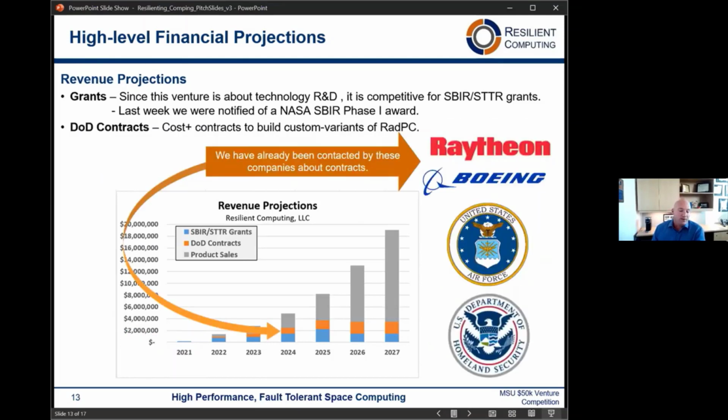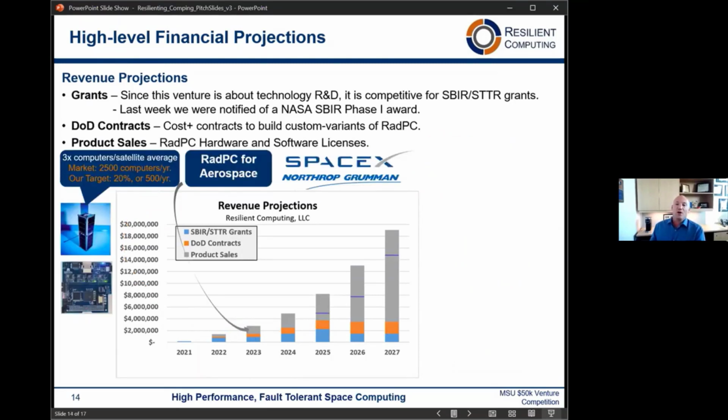The second component of our revenue is DoD contracts. We have already been contacted by companies such as Raytheon, Boeing, and agencies such as the Air Force and Homeland Security about building custom RadPC variants for their applications. We call these cost-plus contracts because they will pay for the engineering design time to design the RadPC variant, in addition to committing to a certain number of orders, paying for the material cost plus a markup. This is important because this keeps your engineers employed while you roll out the most important part, which is the